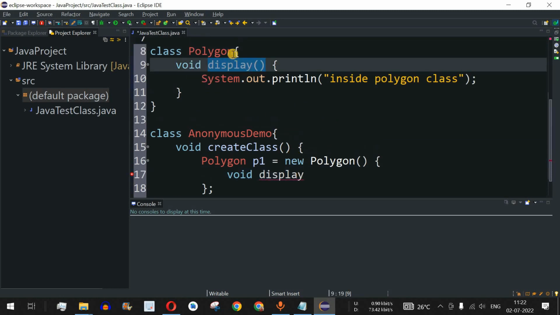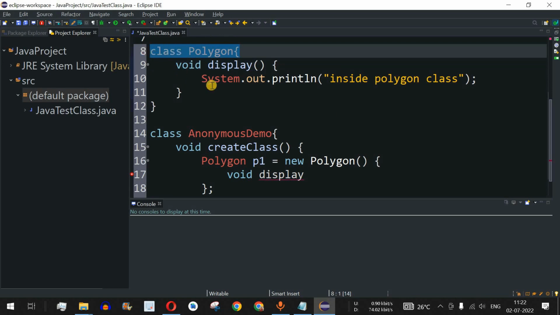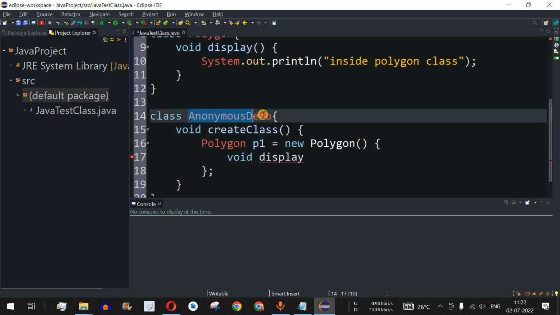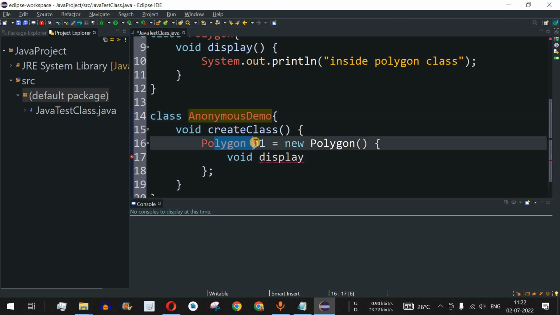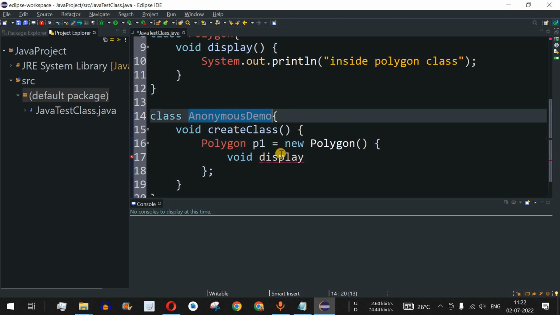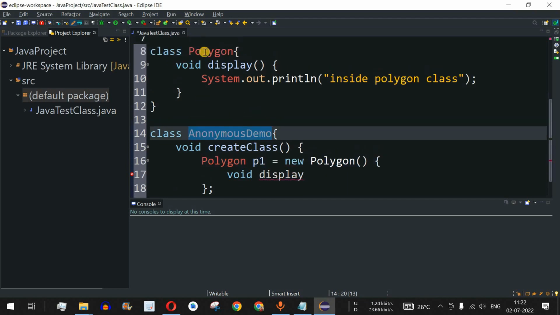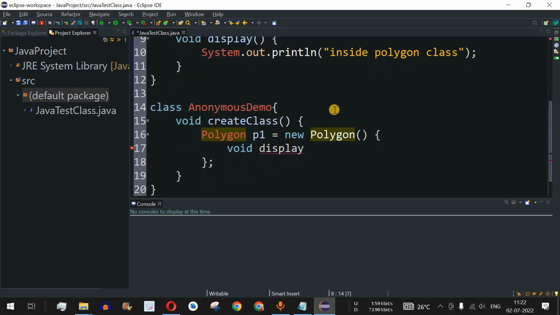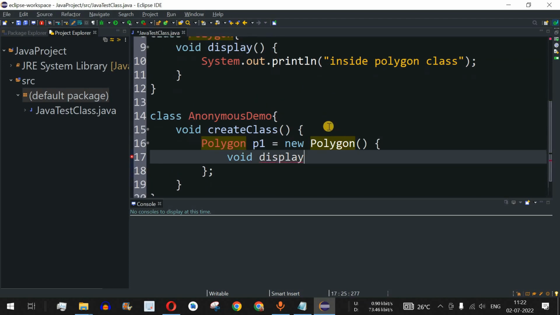It can be said that over here polygon is the super class, whereas the anonymous demo we are creating as a child class, but we are going to use the object of the polygon class. The anonymous demo class is just extending the other class, that is polygon, which is a super class. If you are getting confused, no need to worry.